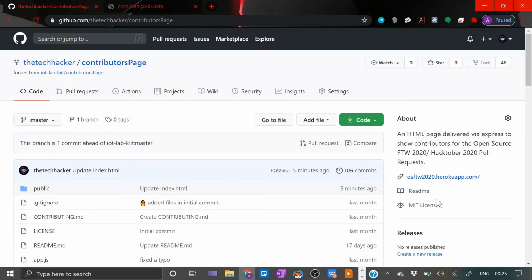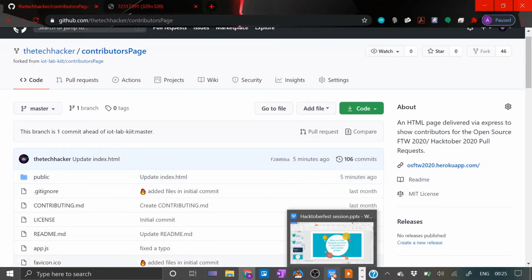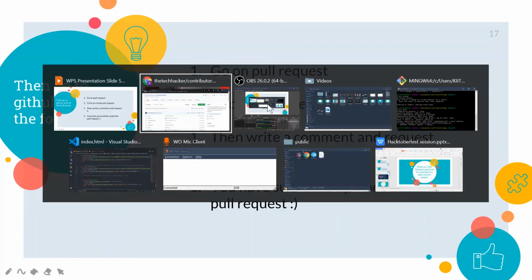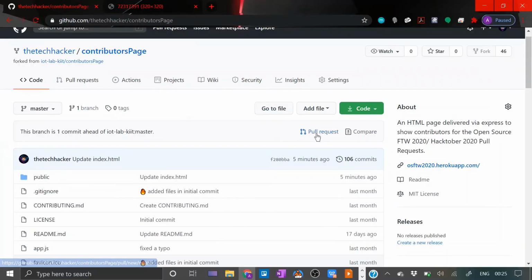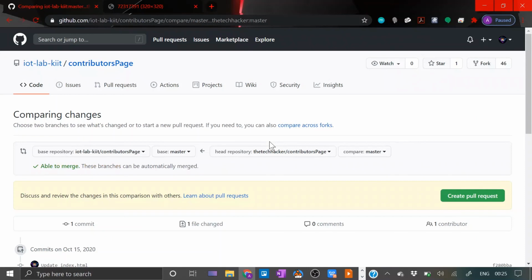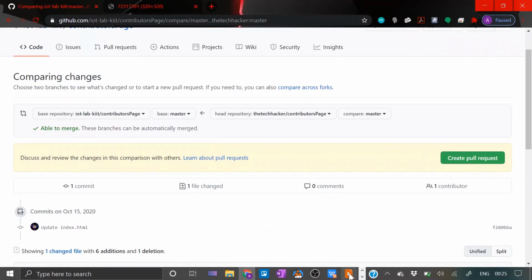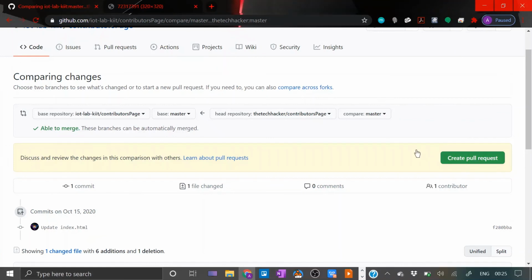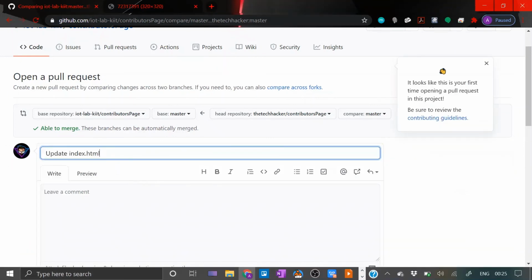now since you have pushed all the changes, all the modifications that you have done, what you need to do is go on pull request, click on create pull request. Here you can see pull request, click here. Now here you can see create pull request, click on here. See, that's the commit message that you have given, update